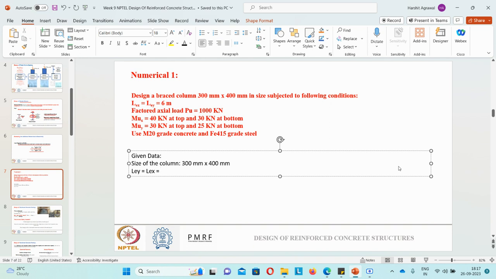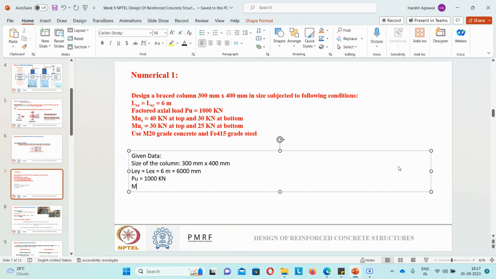That part was covered in the NPTEL video, so I skipped it and moved directly to the part where effective length is given to us. It is given as 6 meters, which is 6000 mm. Factored load is given as 1000 kilonewton,